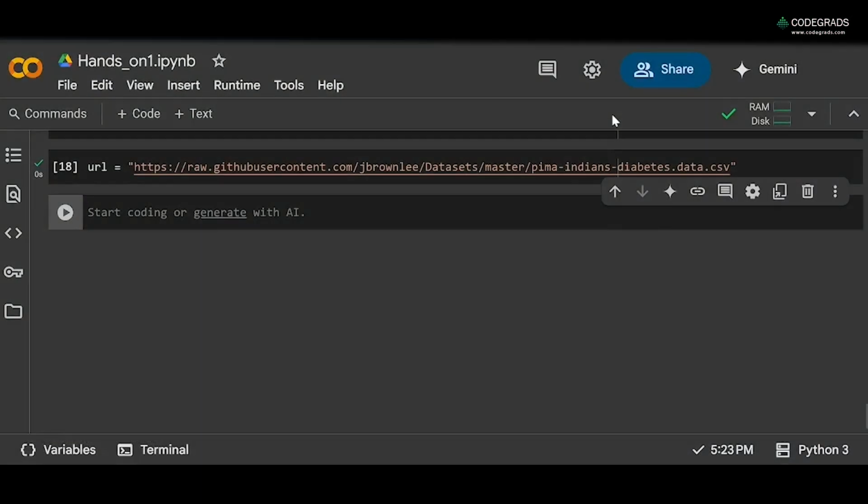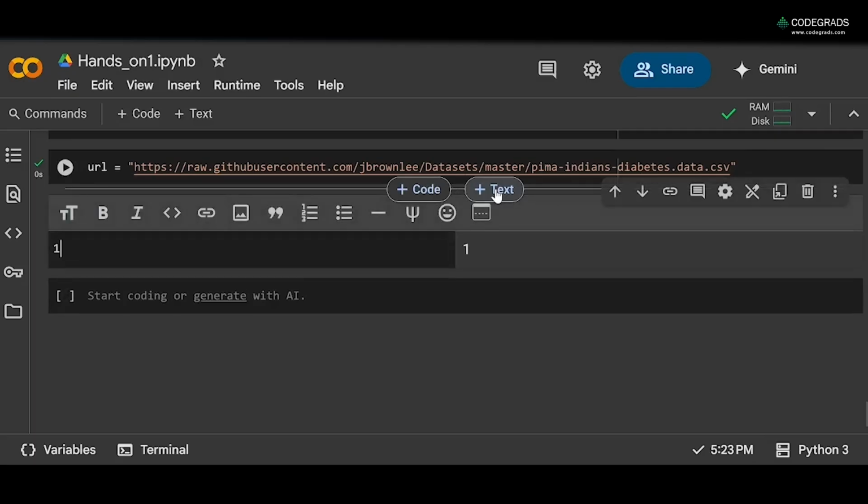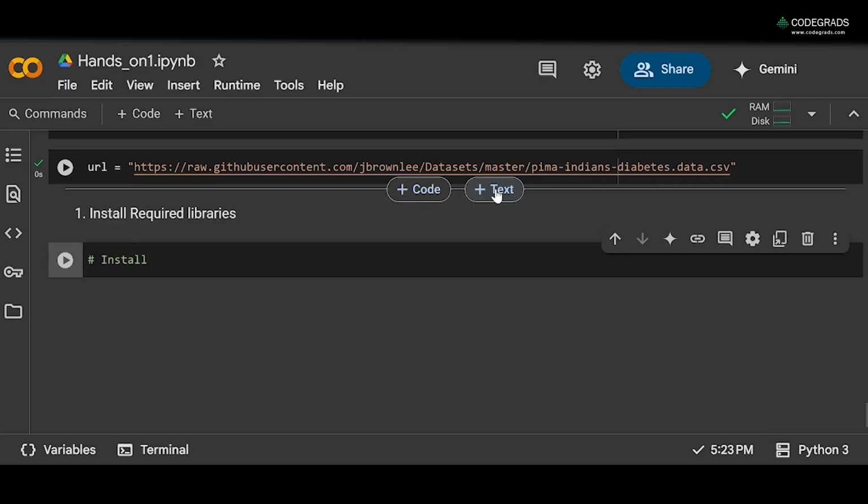And today in this session we'll discuss the topic optimizer in neural network, and we'll start with the implementation part. So first of all, step one would be to install the required library. Okay. So we'll install TensorFlow,